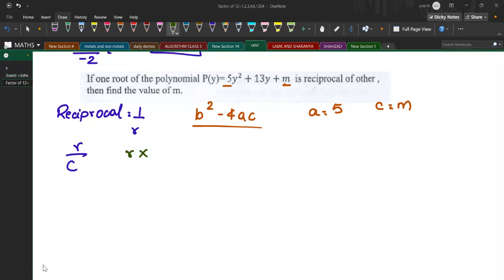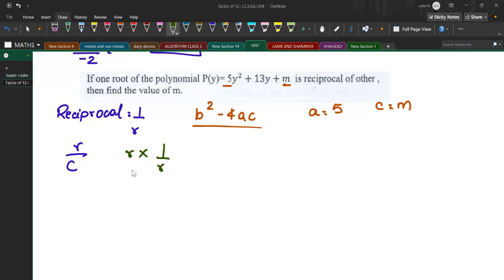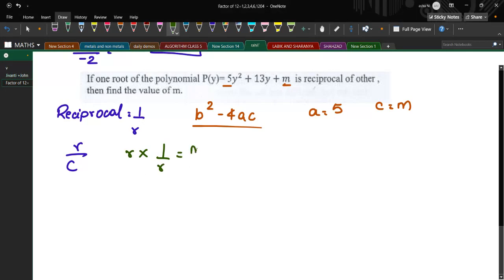Yeah, we have to do the product r into 1 upon r, root and the reciprocal of root, which is equal to m, that is c upon